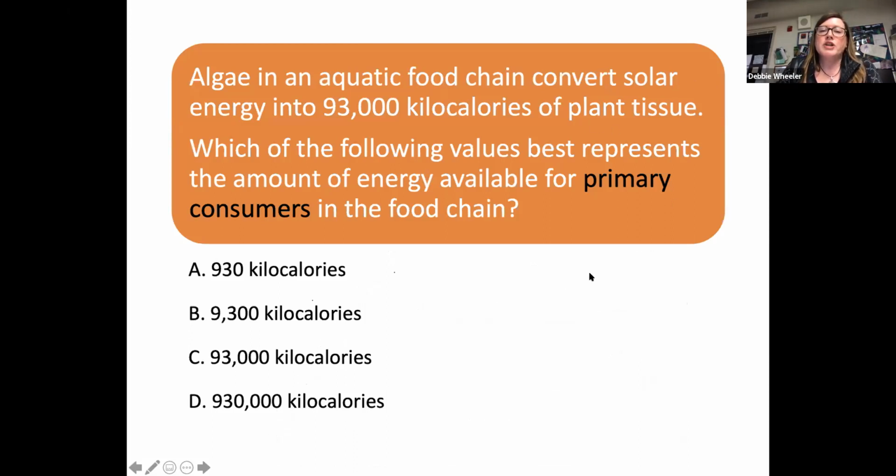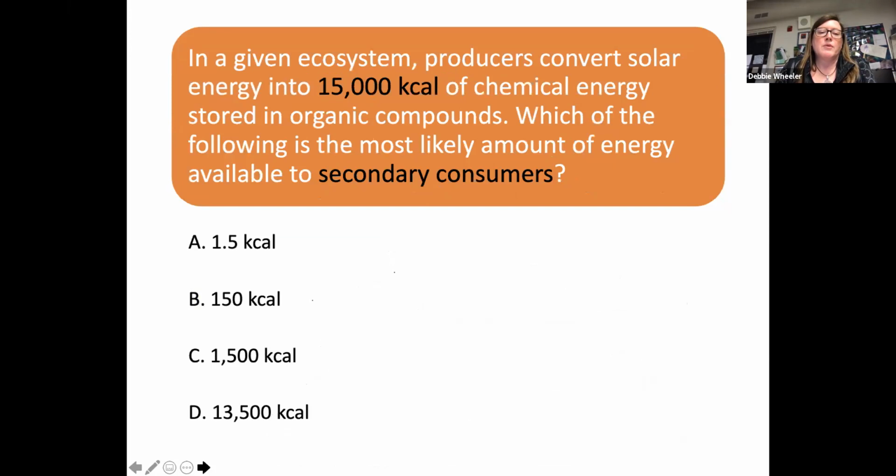Algae in an aquatic food chain convert solar energy into 93,000 kilocalories of plant tissue. Which of the following values best represents the amount of energy available for primary consumers in the food chain? Oops. I'll go ahead and go past that one since I already hit it. Yeah, so it's 9,300. Let's do one more, and I'll try not to hit the advance button on this one,